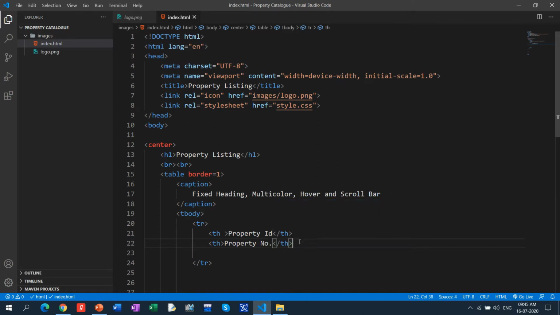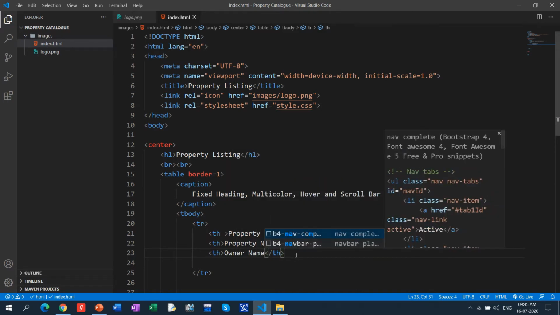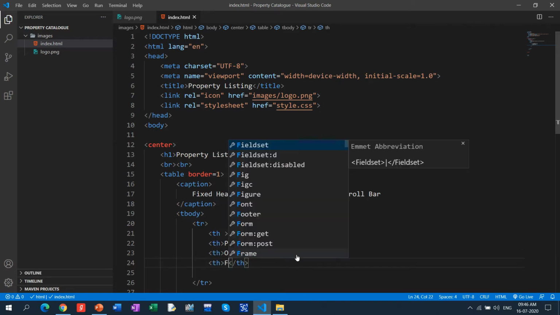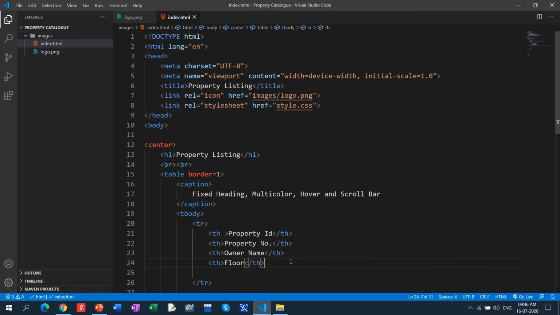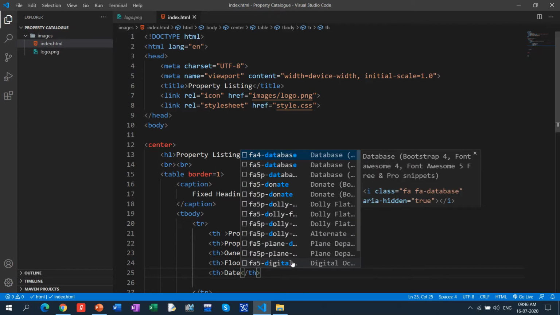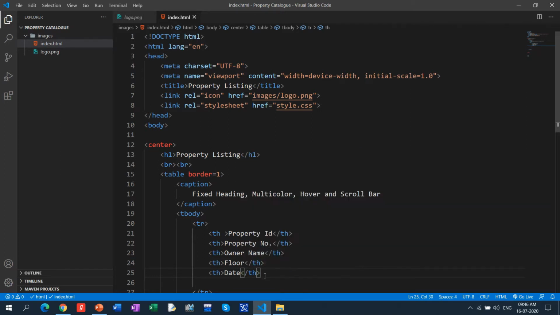Again th for owner name. Again th for floor, then after it the date. Then again th, that is rent.